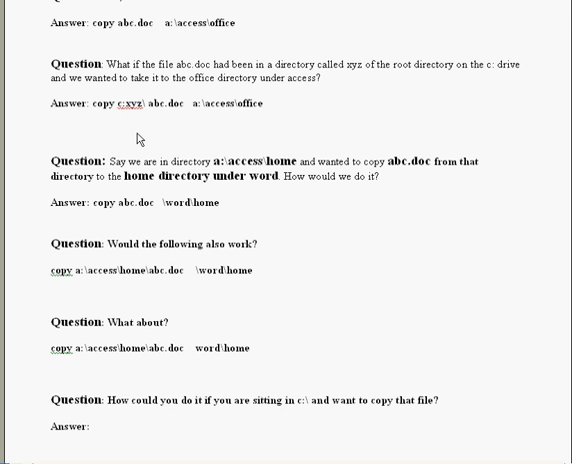And if we look at the questions after this, it's sort of the same idea. So I have the same file abc.doc, but instead of being in the Word directory under the root of the A drive, it's in the root directory of the C drive. And I want to copy it to that same place. So I just say copy C:\xyz, because that's the directory that it's in, coming off the C drive. abc.doc is the name of the file, so that's the what I want to copy, and where I want to copy is to the A:\access\office. Okay,